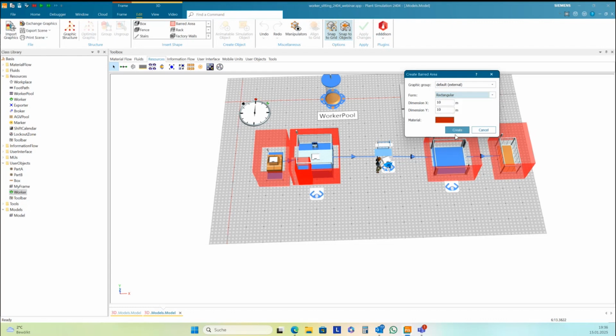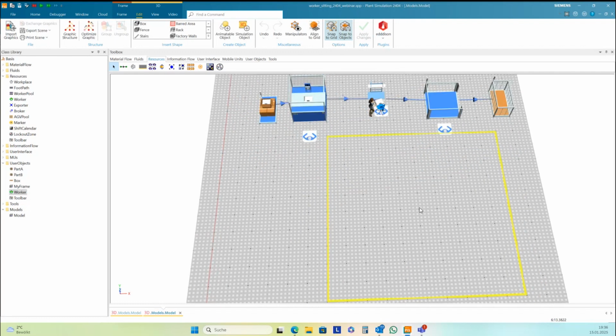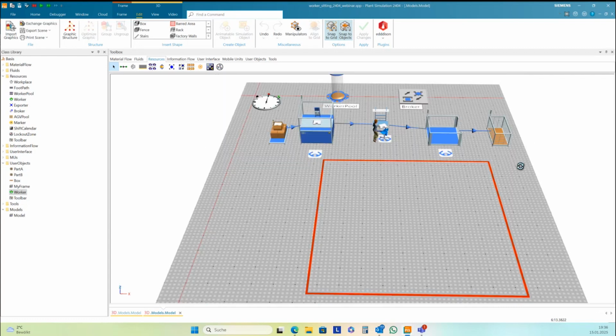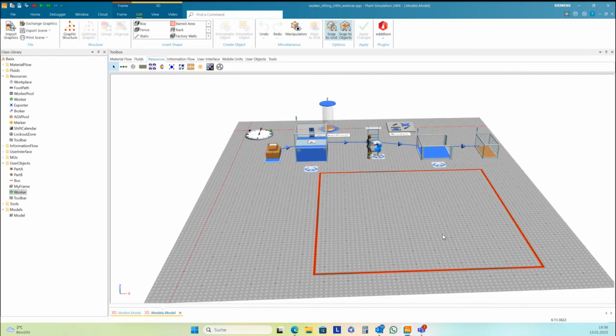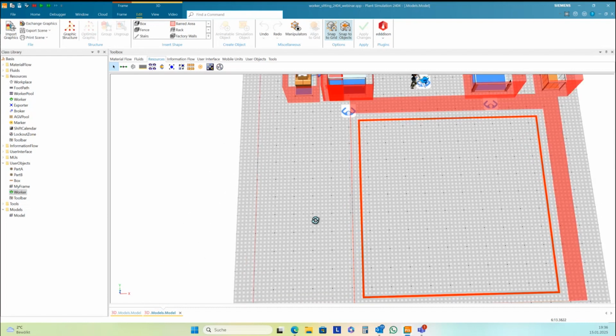For instance, 10 by 10 meters, yes. There's a big area. This is just not allowed for the worker to go inside here. I press O, and this is completely blocked for the worker.